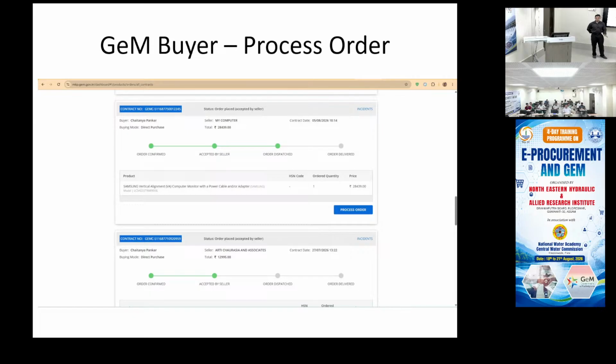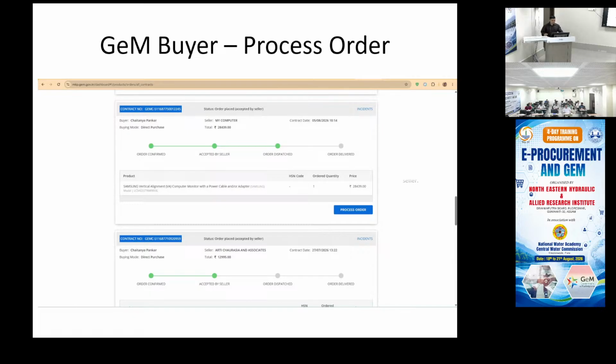Okay. You may have received the order, but GEM may not reflect that it has been delivered. But once you receive the order, you can initiate the payment once this progress bar reaches till here, and this button becomes enabled. For example, this one is only up till here. It has not reached order dispatch, so this process order button is not enabled for that order.